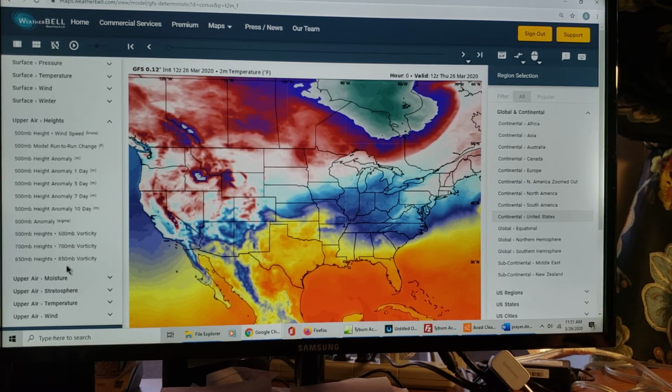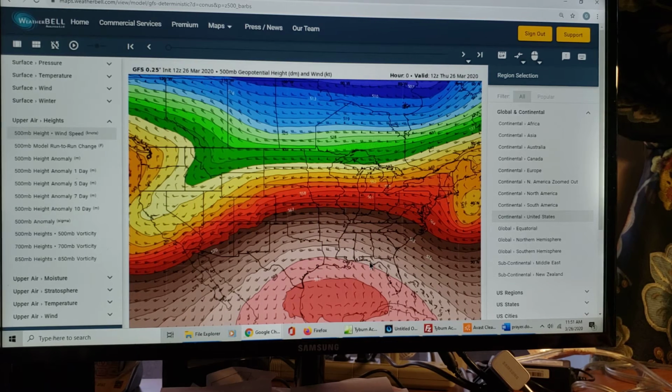Surface upper air heights, how high is that level, and we'll look at the wind speed. And if you look at that, here's Florida way down here. Here's Texas. We're buried under all these colors, but if you look at this, we're covered by an orange coloration of the wind speed, and if we follow that back, that air at upper levels is coming from this big trough over the Pacific Ocean, over California, but it's not coming down from Canada.